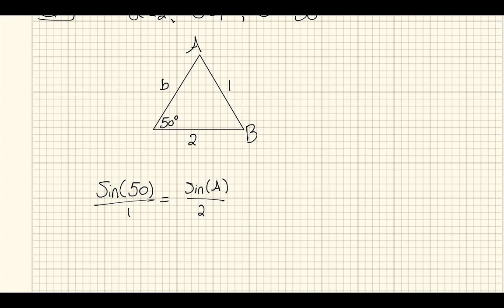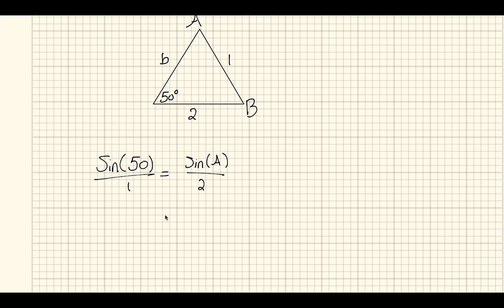All right, sine 50 over 1 equals sine A over 2. Cross multiplying by 1 is just going to give me a sine A. So we have sine of A equals the sine